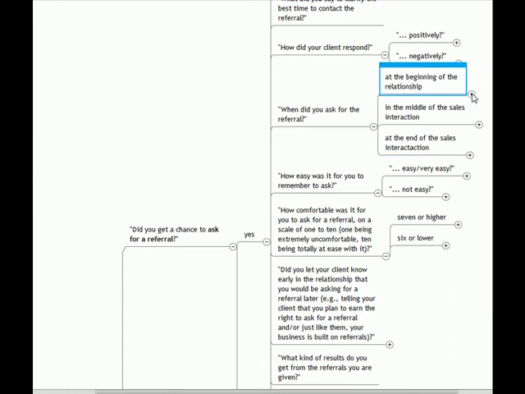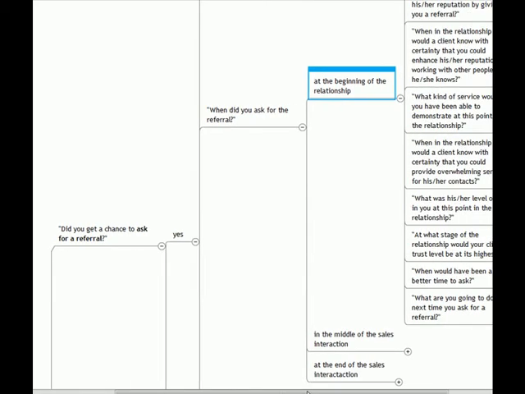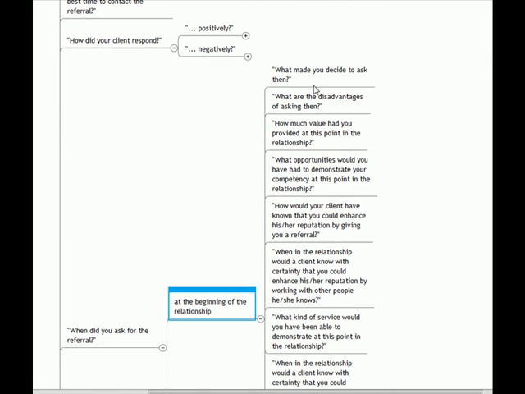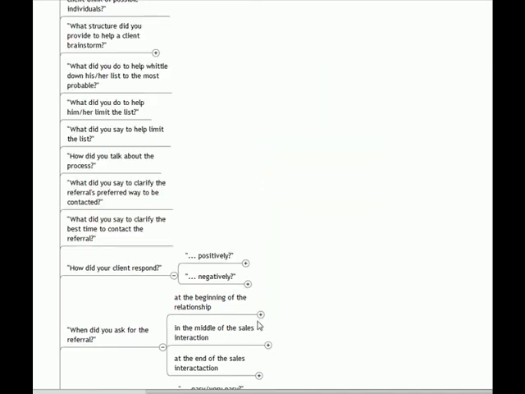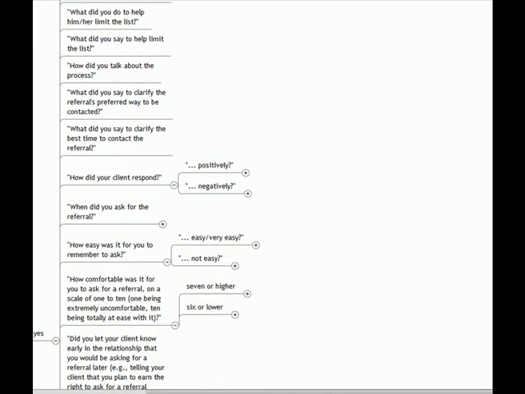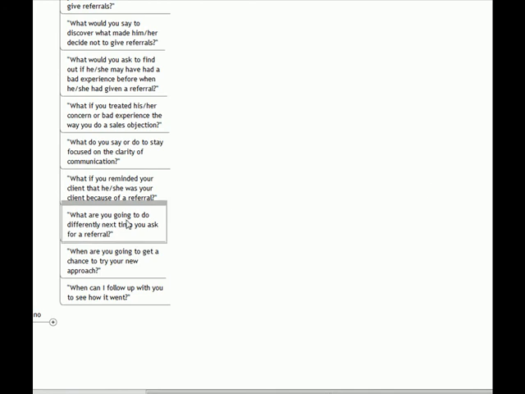So let's say they did it at the beginning of the relationship, and then what you would do, again as usual, scroll up to the top, ask the question at the top, and then let them respond and build the conversation naturally. You can use this as a paint by number, or you can use this simply as a guideline for your sales coaching. Then once the rep has gained an insight, then you go down to this segment, the